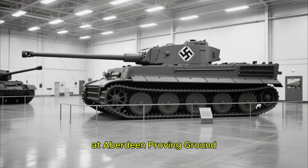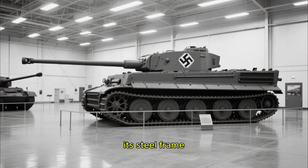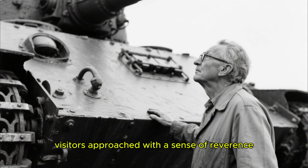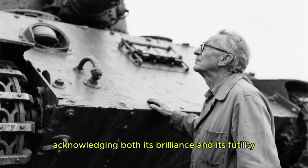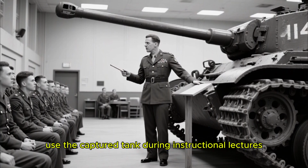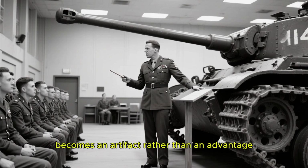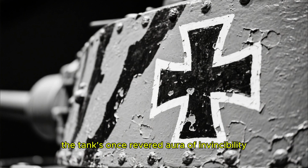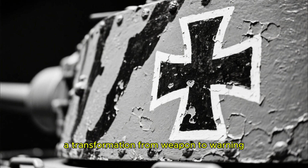At Aberdeen Proving Ground, the Tiger remained preserved beneath quiet fluorescent light, its steel frame standing as a silent professor of wartime engineering. Visitors approached with a sense of reverence, acknowledging both its brilliance and its futility. American officers used the captured tank during instructional lectures, demonstrating that innovation, when detached from strategic pragmatism, becomes an artifact rather than an advantage. The tank's once revered aura of invincibility had dissolved into measured respect, a transformation from weapon